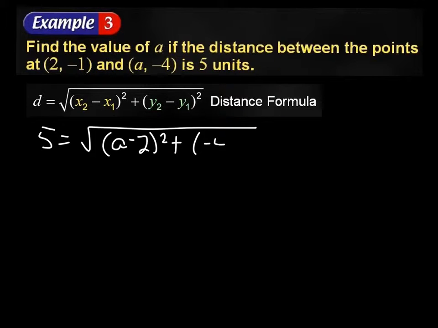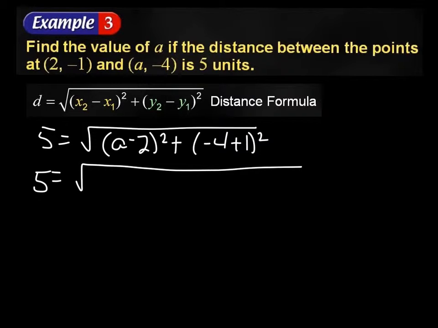So -4 minus -1. So I have 5 equals the square root of, when I square a binomial, I have a squared minus 4a plus 4, plus -4 plus 1 would be -3